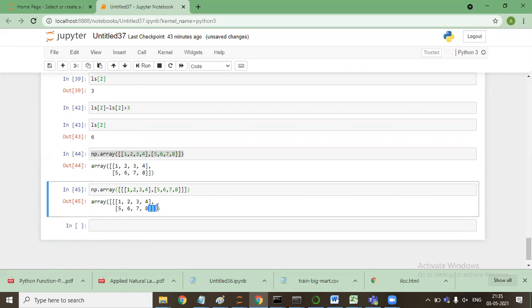Are you guys with me? So these lines on the end depict the dimension of the array that we have.